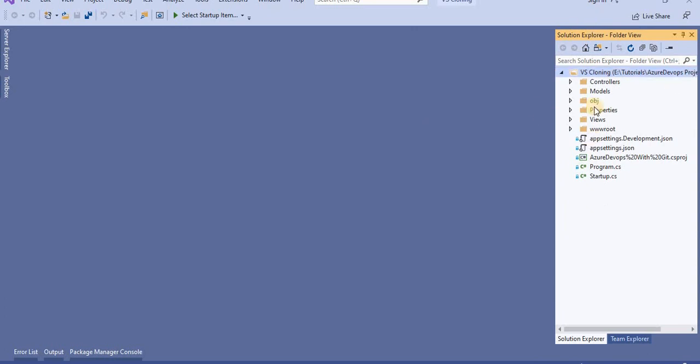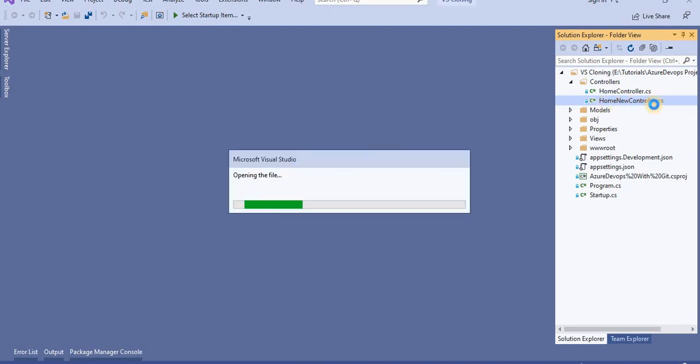and we can see all the changes and the files. All the files are available here. Now what we will do is make some changes, or if you want, we can add a file here, and we will do the commit and all those operations. So I will go into the home controller page, or any folder or file which you want. I'm going to open the home new controller file here,